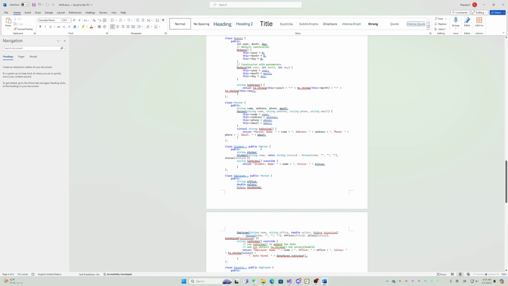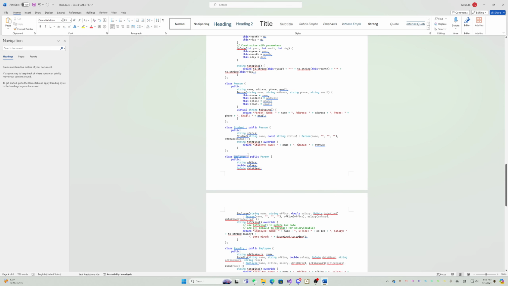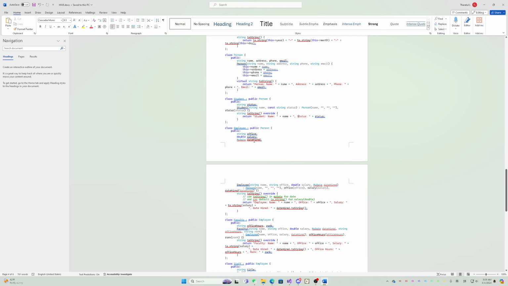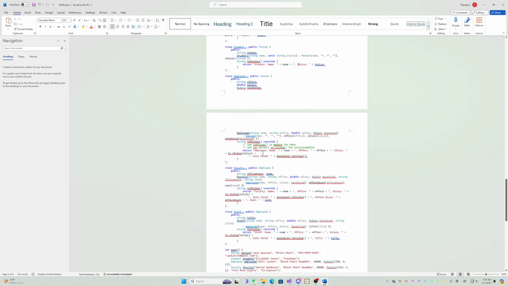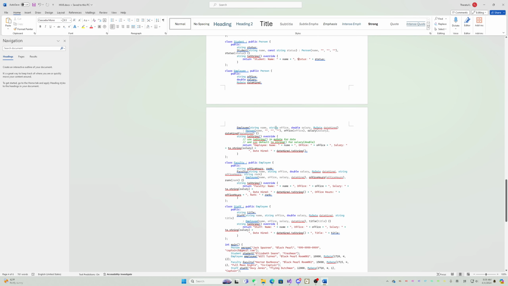And here's class Student. For a student, it has status. You need constant status. So I just added here the constant string status, and then you override the toString function. And here's Employee, and for the employee we need a date here. The date here is from MyDate, is a MyDate variable, and then we have the employee, and also we have all this information and override the